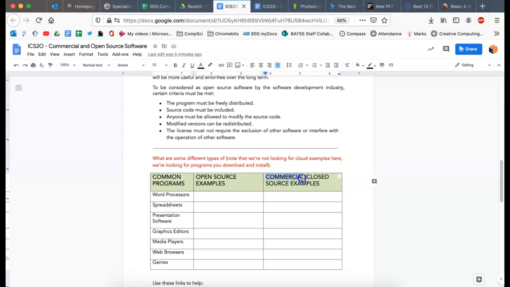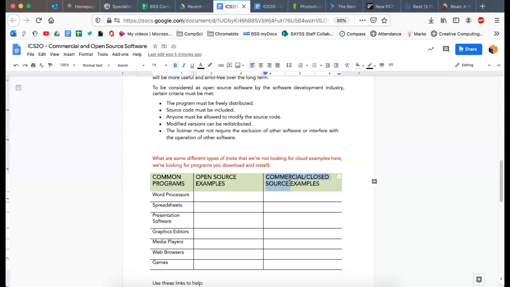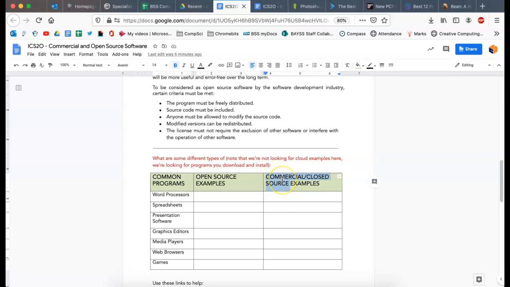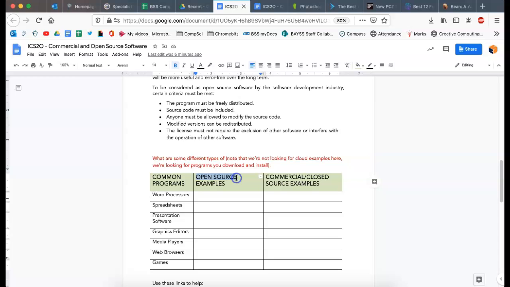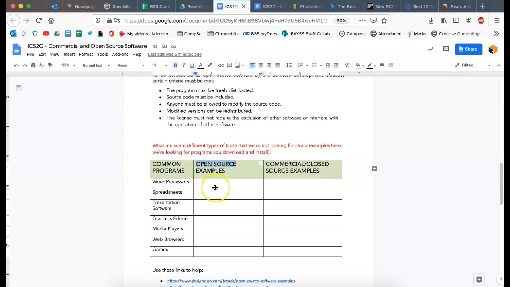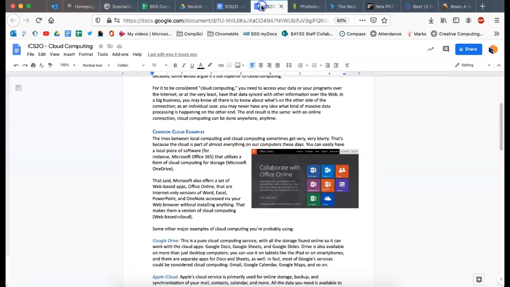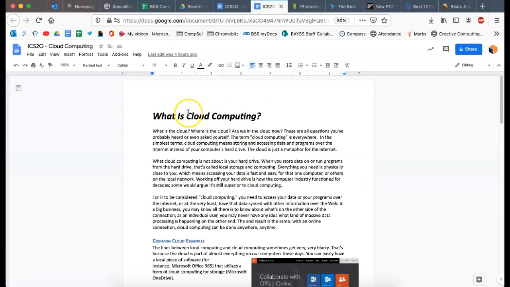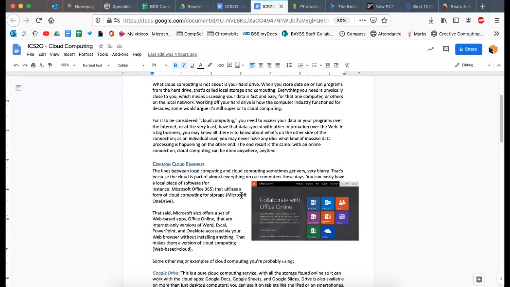So, at the end of this, you now know about 3 different types of software. Commercial software, which is also referred to as closed source, meaning that you can't examine the source code. The source code is a secret, and you have to pay money for it. Open source, which we just went over, is freely downloadable, and you're welcome to look at the source code and you can kind of change the recipe. And then the other one is cloud computing, which is totally different. Cloud computing is where you are using a web-based service on someone else's computer somewhere else across the world,